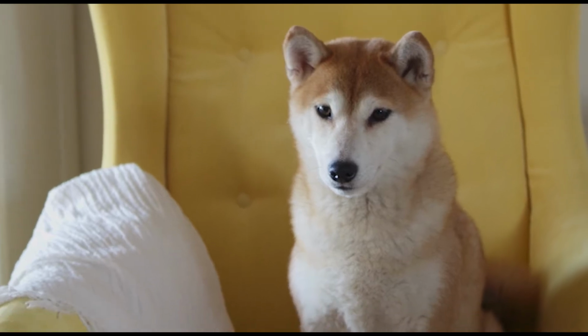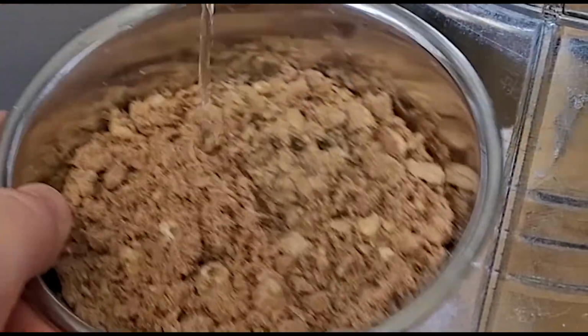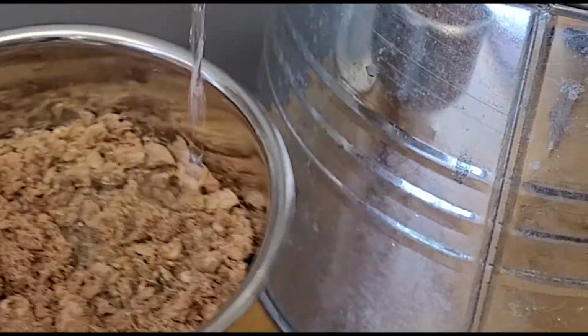As for our last life stage, our beloved seniors, we like to take things extra specially slow here. Sometimes new bugs can be enough to have the body have a negative response. We will actually introduce something like a high pressure pasteurized freeze dry. A lot less bugs introduced, but also an increase in palatability. We like to rehydrate this food and get the body used to moisture, and a nice slow transition over 2